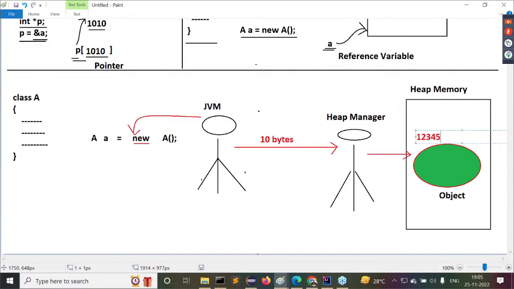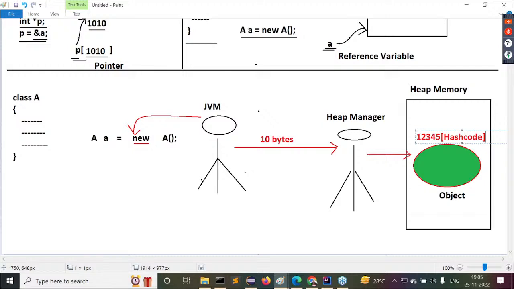The integer value which was created as an identity for the respective object is called the hash code of the object. That object identity in the form of an integer is the hash code of the object. The hash code value is created by the heap manager for each and every object as a unique integer identity.